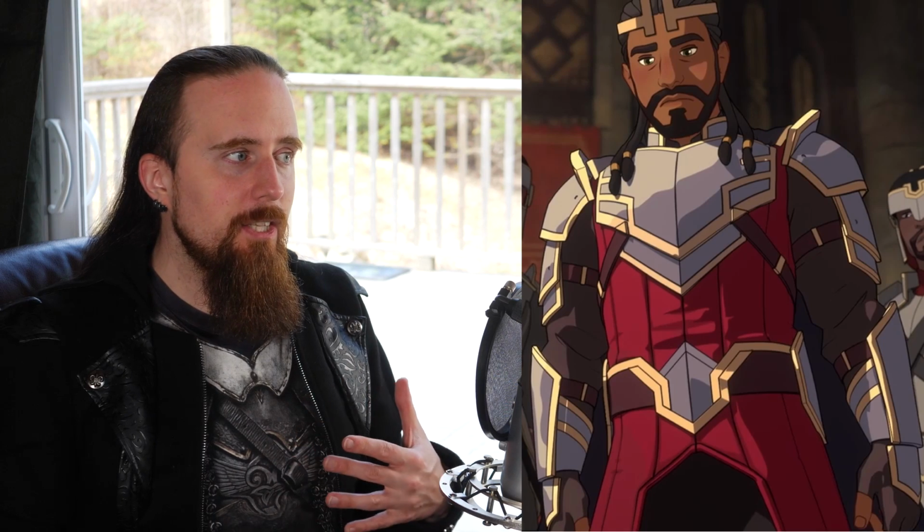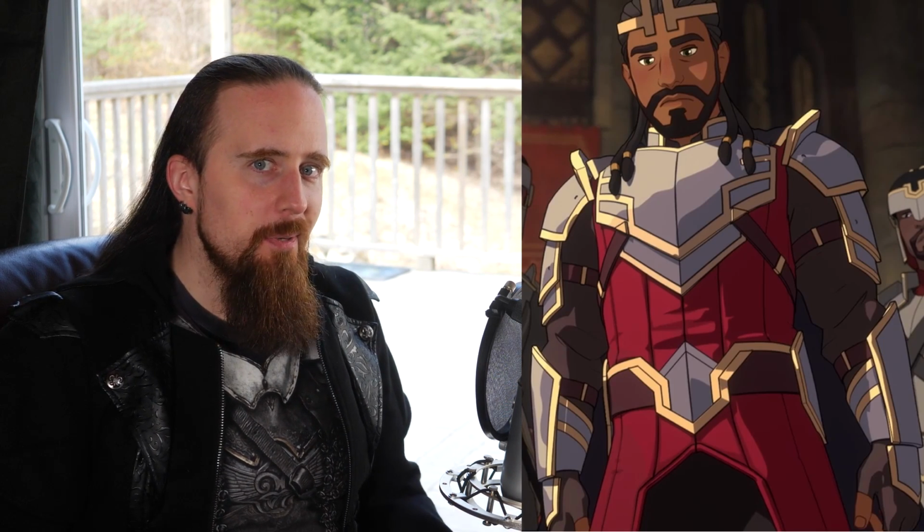The fact that he doesn't have any more armor than the guards, and this would work perfectly well until someone tries to stab him in the abdomen. That would be a bit of a problem, but it looks good, it suits the character, and it would be perfectly usable. So his sword is a